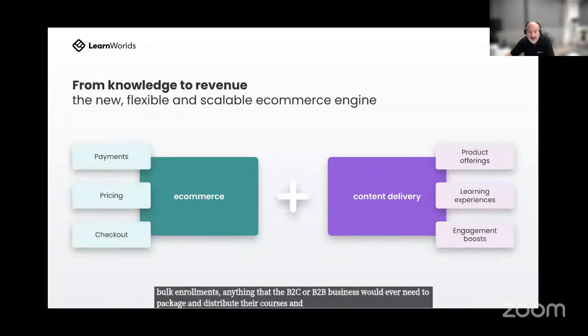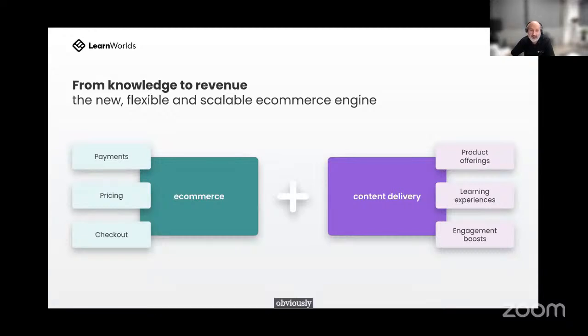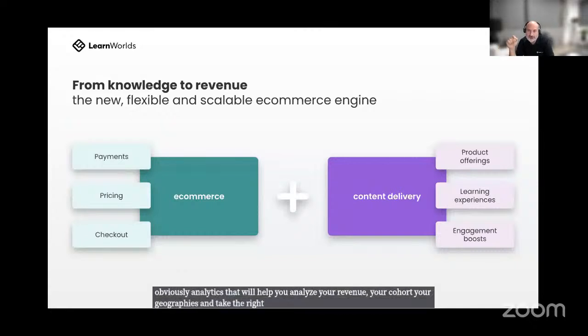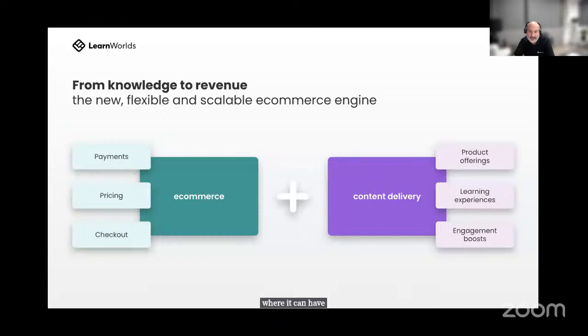And obviously, analytics that will help you analyze your revenue, your courses, your cohorts, your geographies, and take the right marketing decisions so that you can invest your time where it can have the biggest impact.